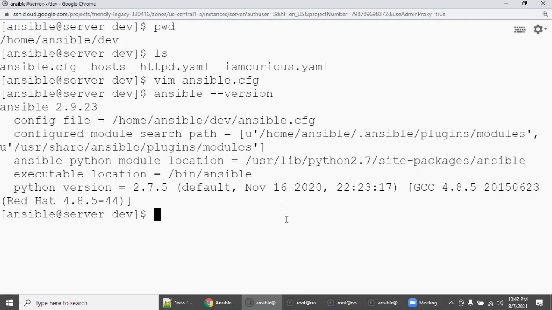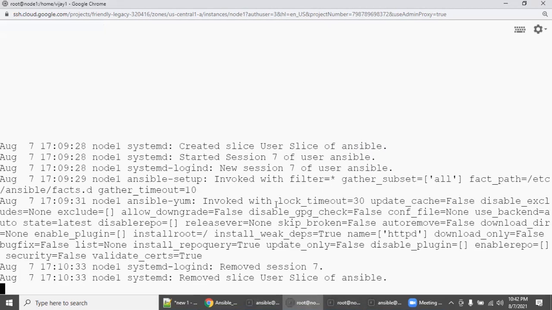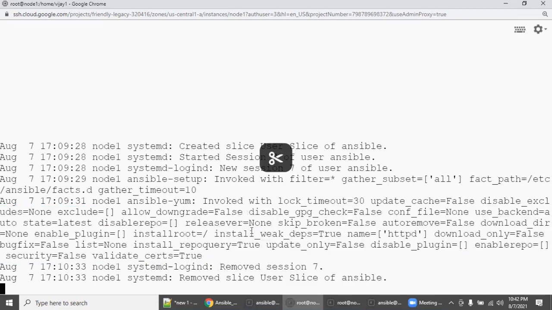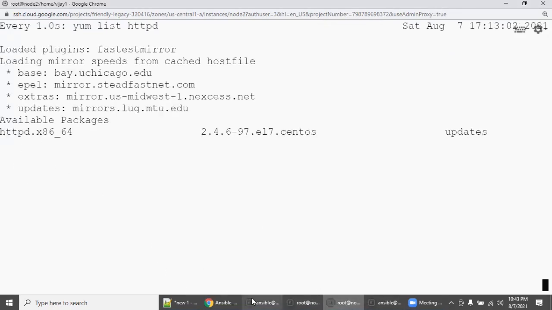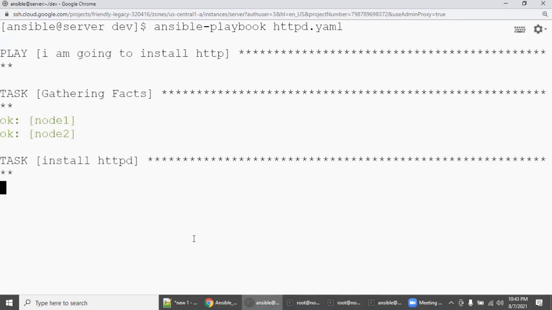Right? So now if you execute again, but before executing again, I am going to show you node 1. See here, there is an error, right? So automatically the error also got logged here. Again, I'm going to clear the screen by pressing the enter key, and I'm going to node 2. Still it's not installed. So let us execute again. This time it will be installed and it will start the service.